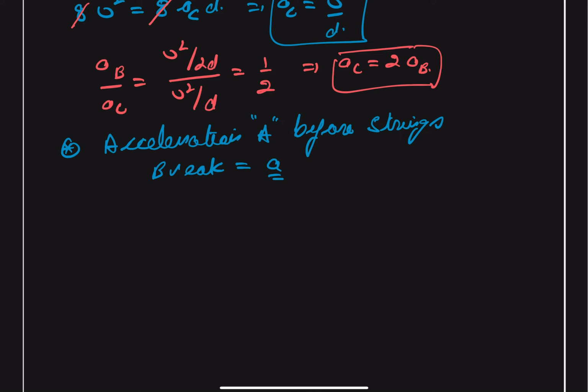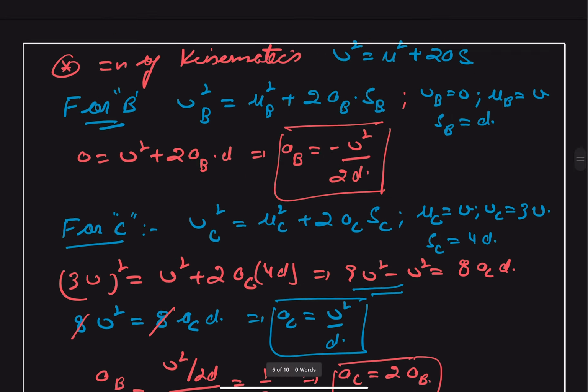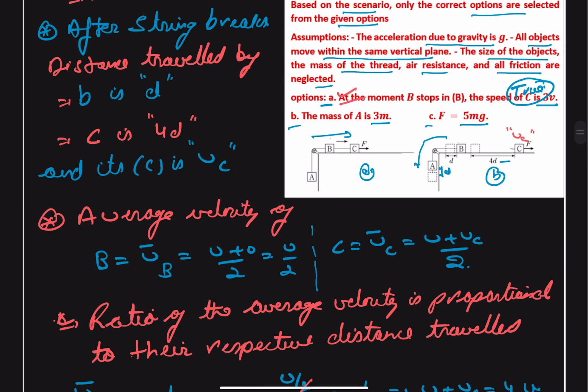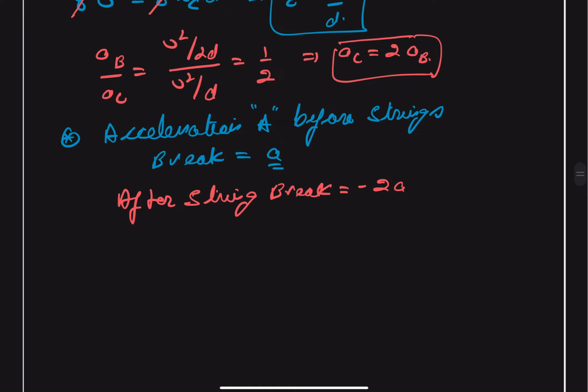So after the string breaks the acceleration of A will be equal to 2A, but the direction will be opposite. Initially they were traveling in this direction with the acceleration of A, but later on it is traveling in the opposite direction, which is twice of A, and obviously it will be negative. So we can write this as minus 2A, and A and B are connected together, so therefore the acceleration of B will also be equal to minus 2A,